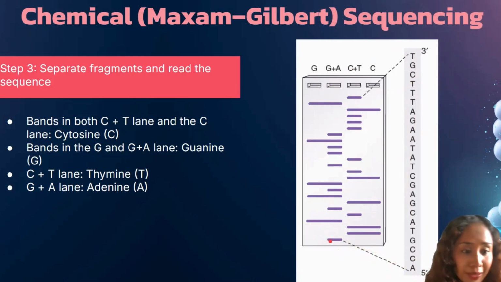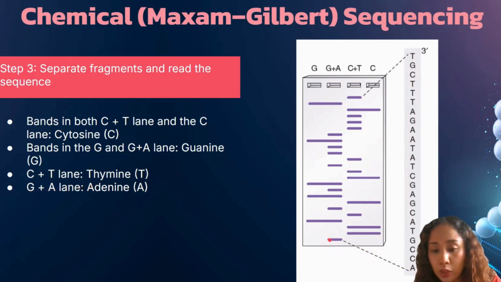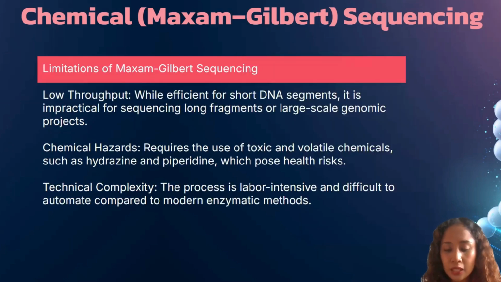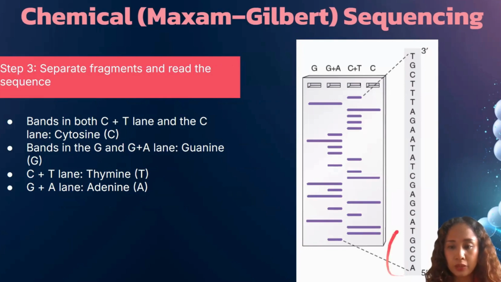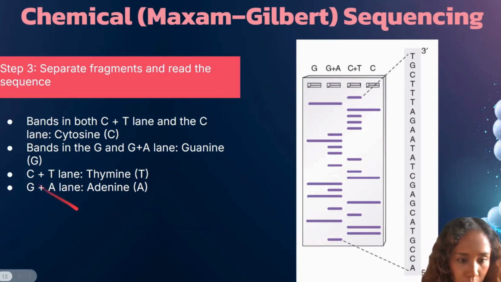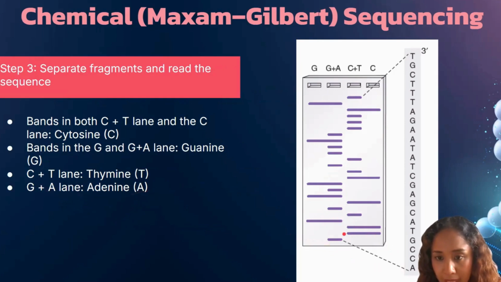Since it's only found in G and A, this is adenine. Literally back then, they manually read it, and this is called base calling. So manual siya. You could only see this using UV film or autoradiography. This one is A since it's only found in G plus A. Next, since this is a long line, both in C plus T, this is C.